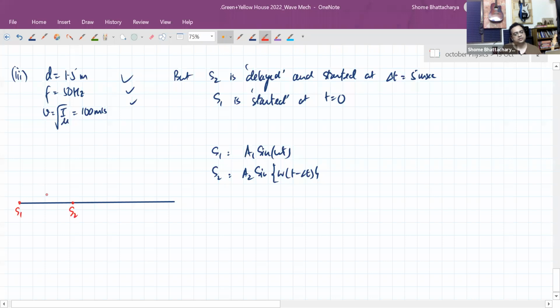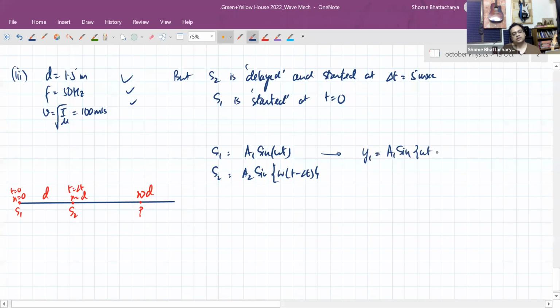This is started at t equal to 0 from x equal to 0. This is started at a delay of delta t, but from x equal to d. And at a point P like this, where x is greater than d, this one would create the wave